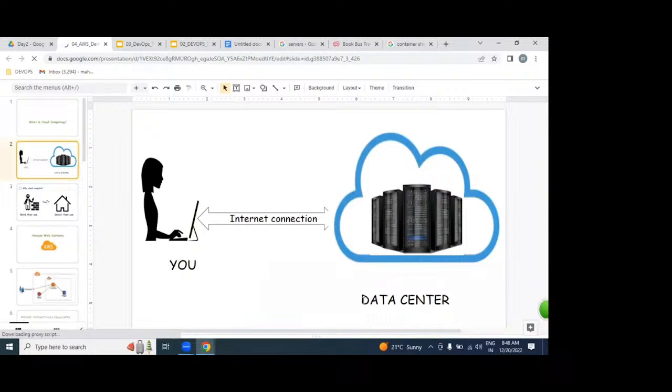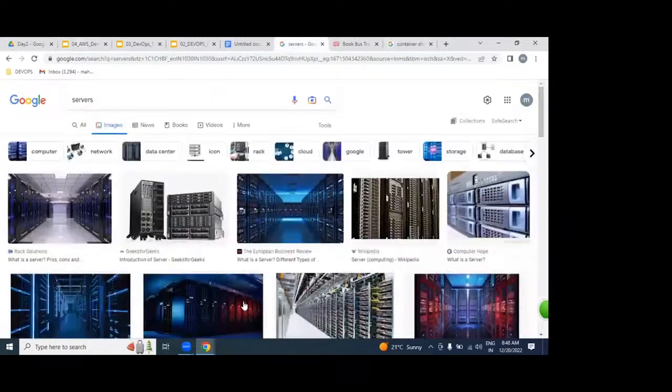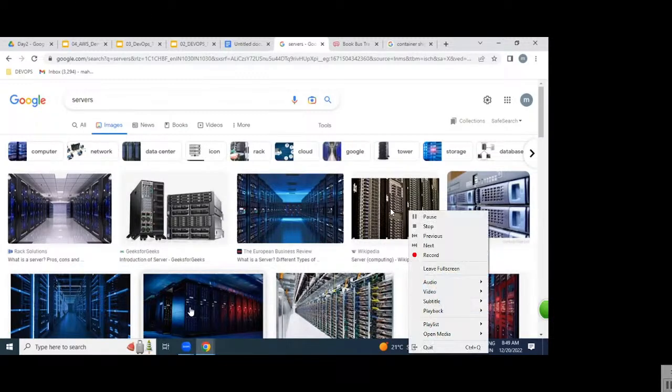So what is a data center first? Please tell me. Huge computing power kept rack-wise in a big room, we call that a data center, or no? This data center is located globally: in Mumbai, in Hyderabad, and recently they're going to be launching in Vizag also. In the US, Singapore, UK, London, Sydney, globally.